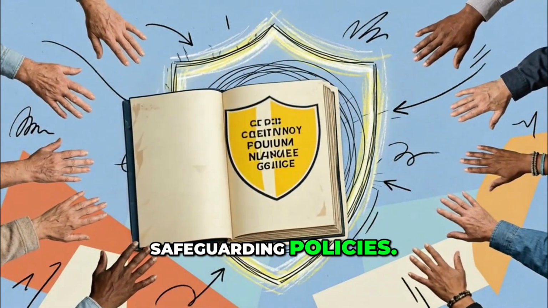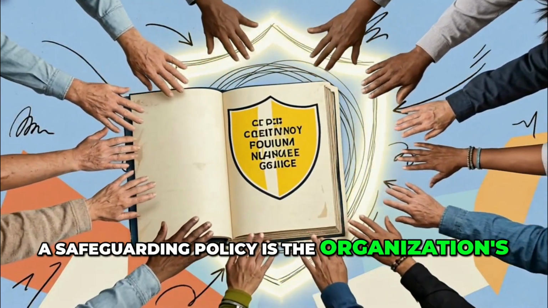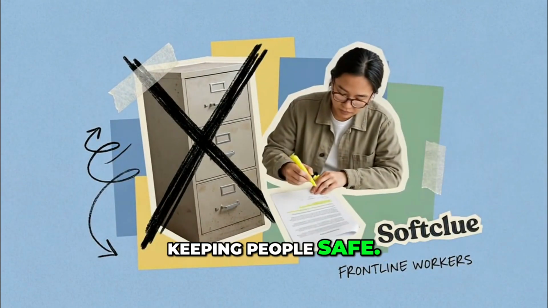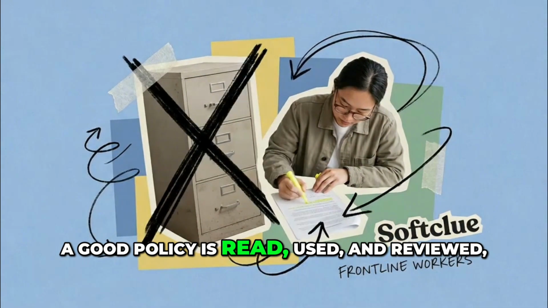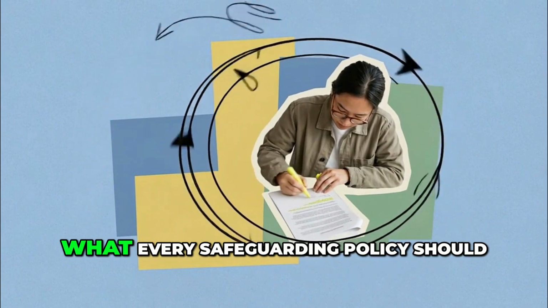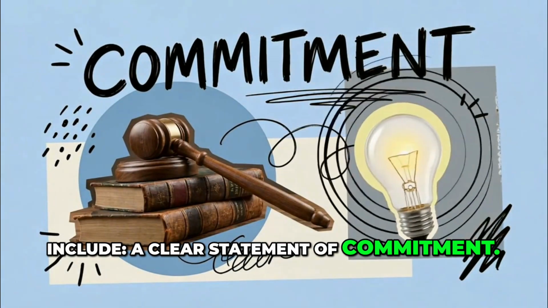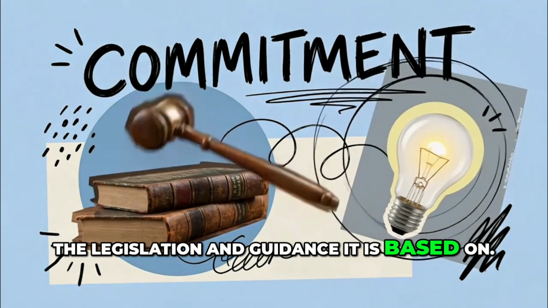Safeguarding policies. A safeguarding policy is the organization's public commitment and operating manual for keeping people safe. A good policy is read, used, and reviewed, not filed. What every safeguarding policy should include: a clear statement of commitment, the legislation and guidance it is based on, definitions